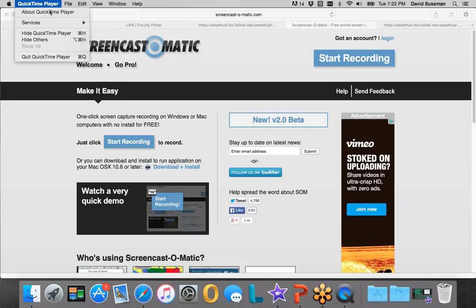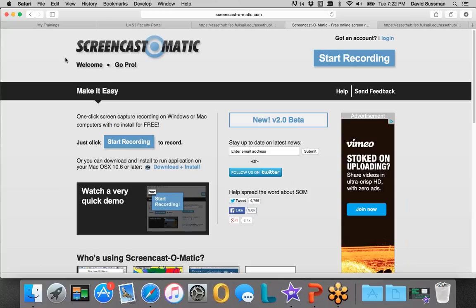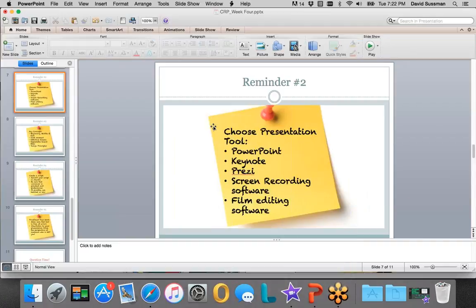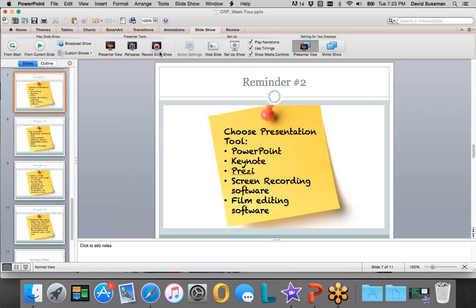On the other hand, you probably don't even need to use that stuff because whatever presentation tool you're using is going to have recording functions built into it. For example, if I go back to my PowerPoint presentation, right? So we're in PowerPoint. You have all these tabs here. Probably lots of times you don't click on any of the other tabs, but if you click on the slideshow tab, you have this little guy here, record slideshow, and you can just click on there and then record narration